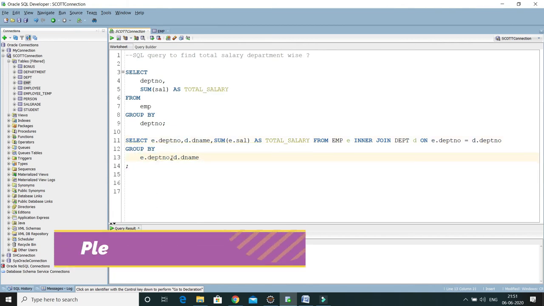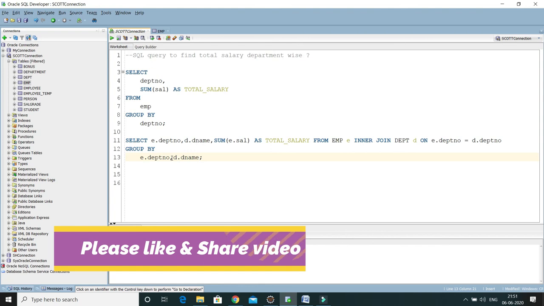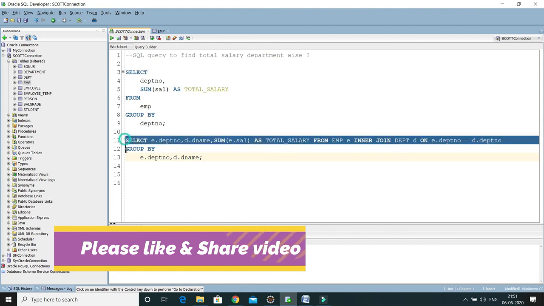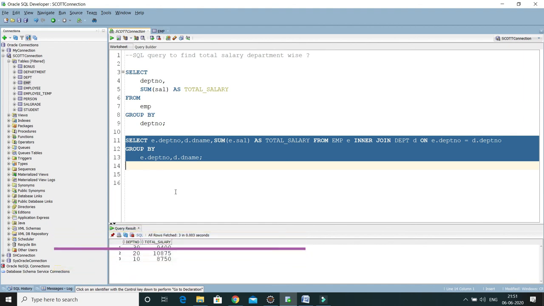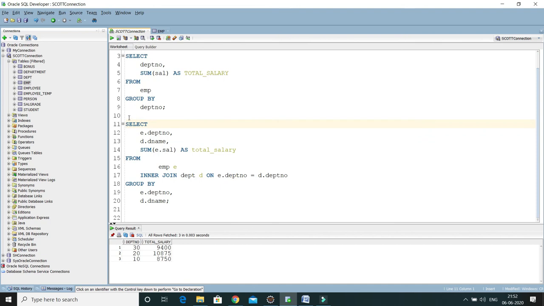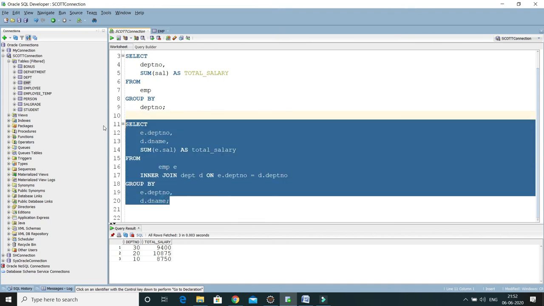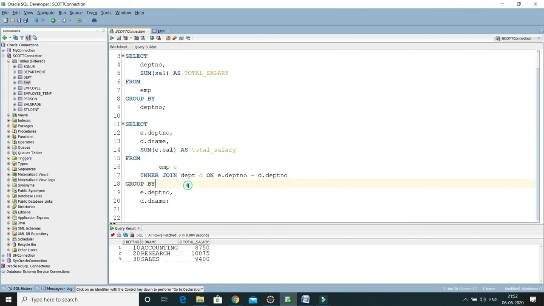I'm telling it to divide all this information into different groups based on the department number and department name. I have formatted it. If I run this query, you can see now we get the department number, the department name and the corresponding total salary.